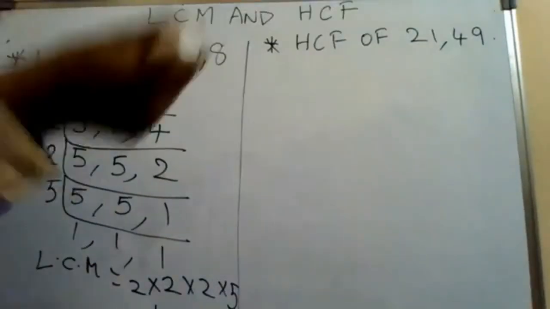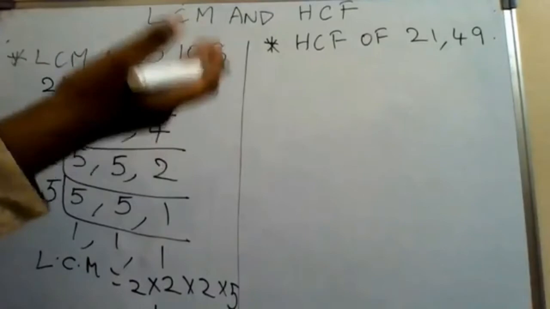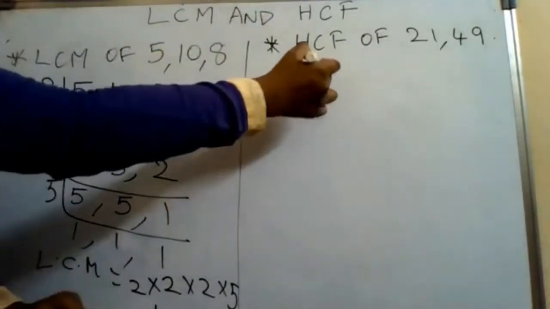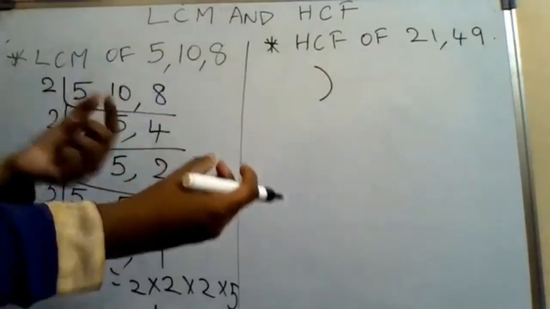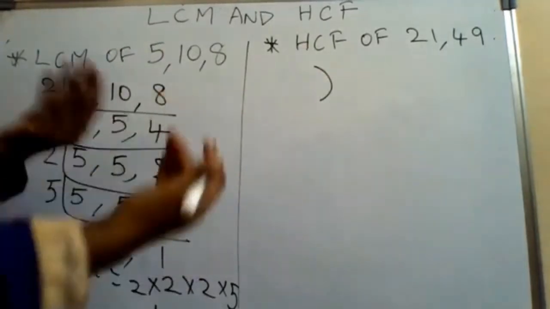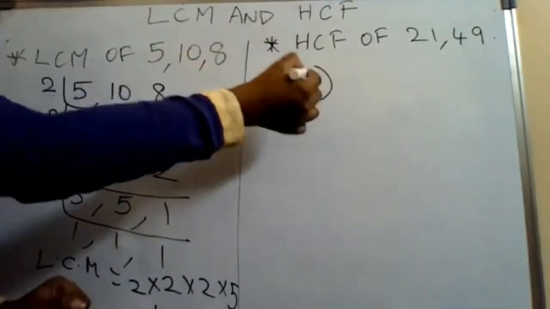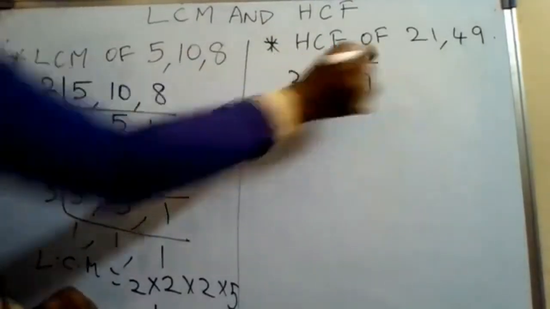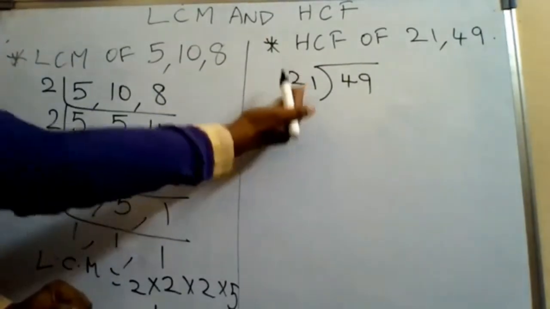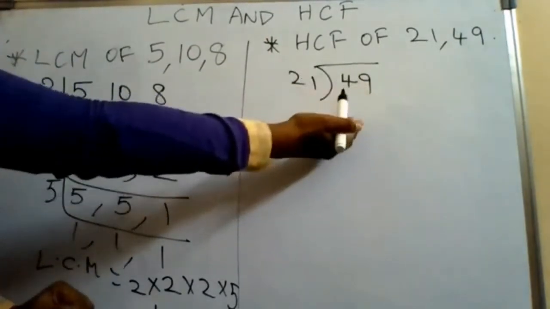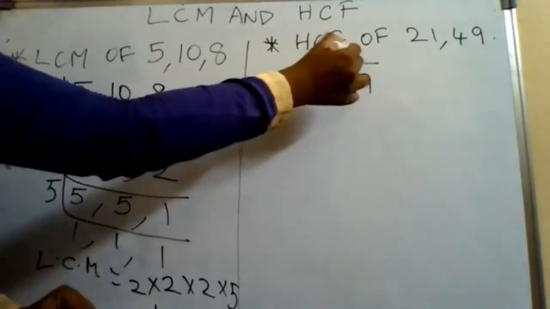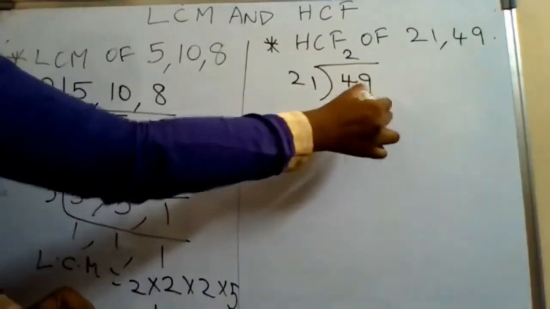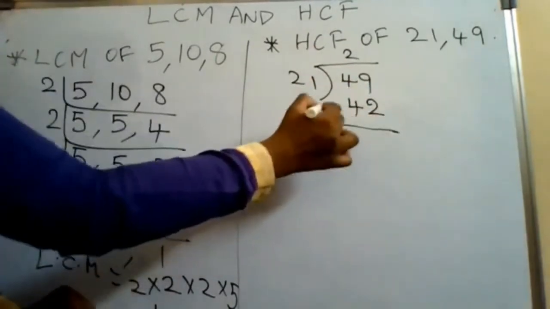Our next process is the HCF of 21 and 49. This is a very simple process. It looks like division, but there is a very slight change in the process of division. We usually take the bigger number inside and the smaller number outside. The same process. Now how many times will 21 go into 49? Obviously only 2 times, as we will not get an exact number. It will be 42. So write down the same number and subtract it.